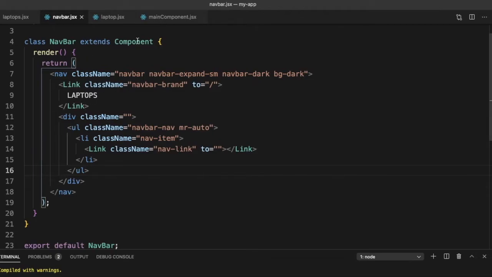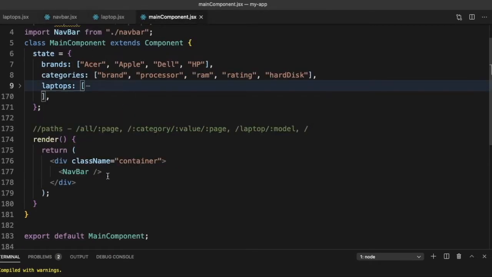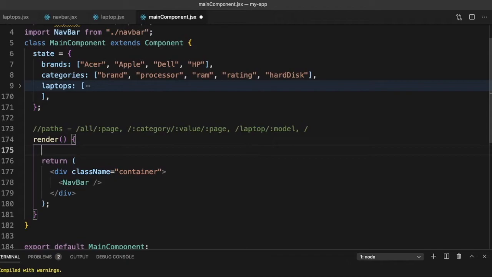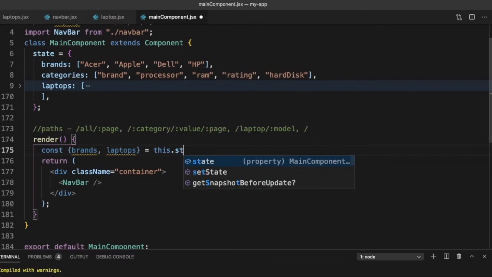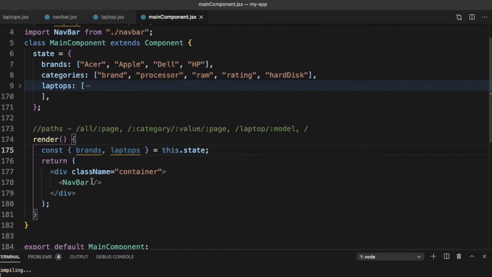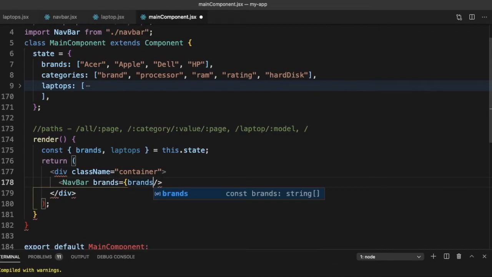In our nav bar, let us pass all the brands. So I can just say here, let's destructure const brands, laptops is equal to this.state, and we can just pass brands equal to brands.